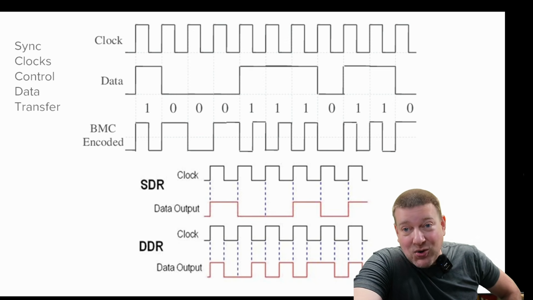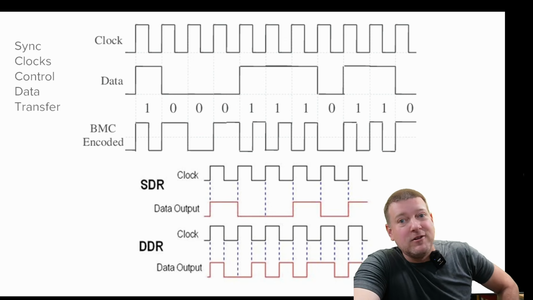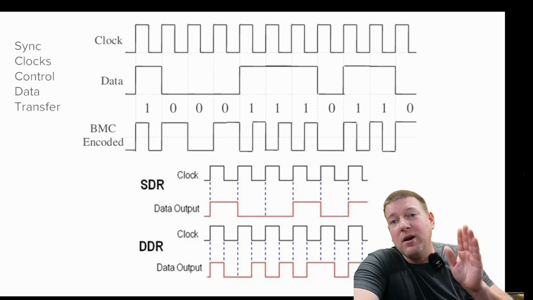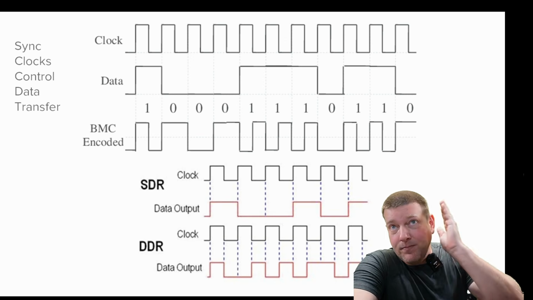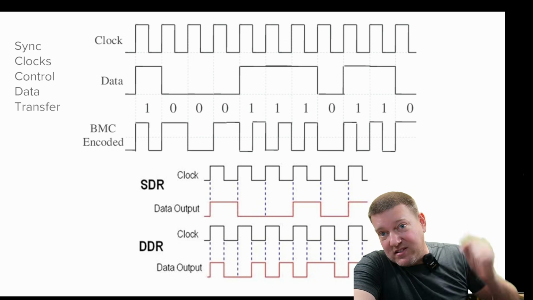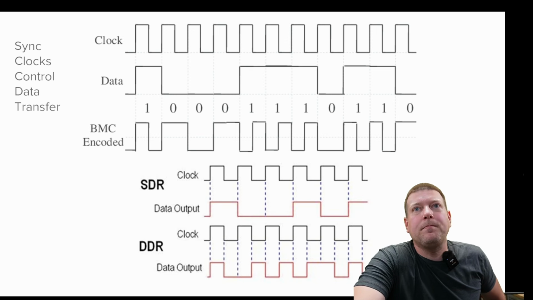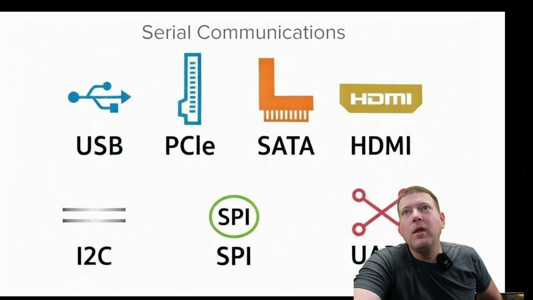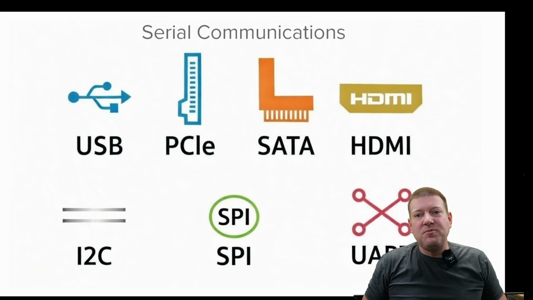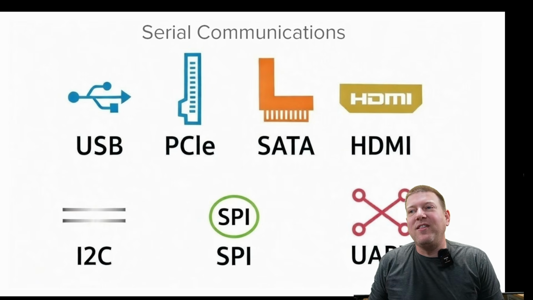It's just incredible how fast that stuff is just flying back and forth. So when you hear megahertz or gigahertz or whatever, that is the amount of pulses. That data is just changing hands. So let's talk about serial communications, because most of the stuff out there that you and I interact